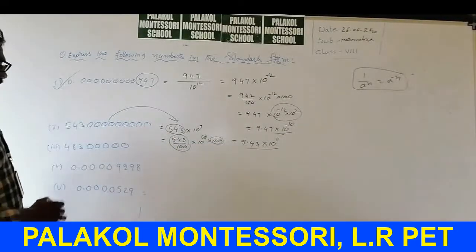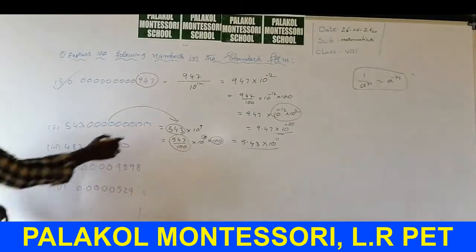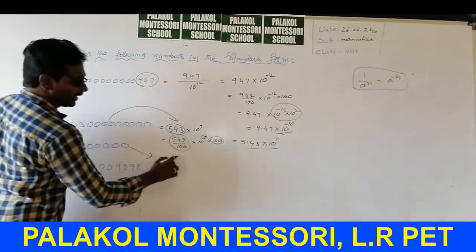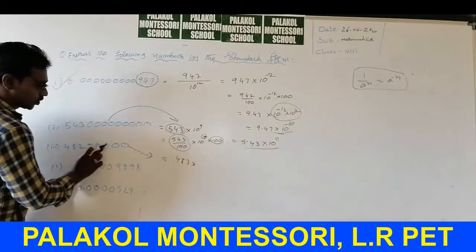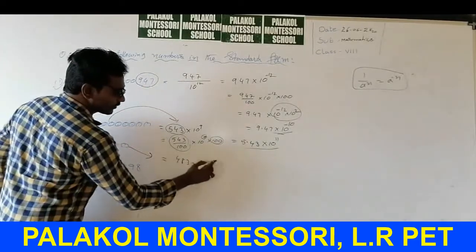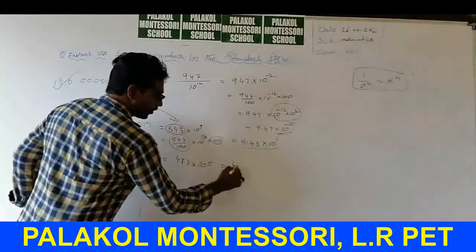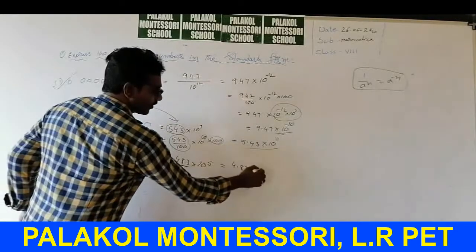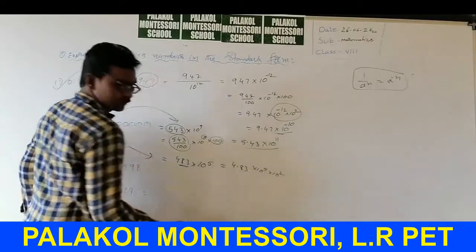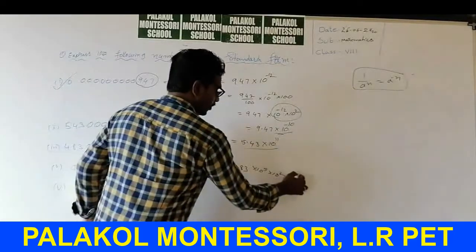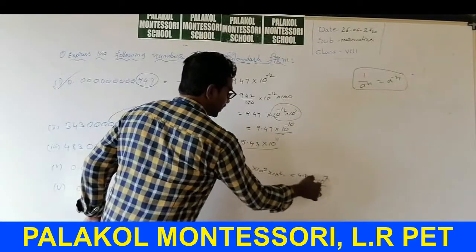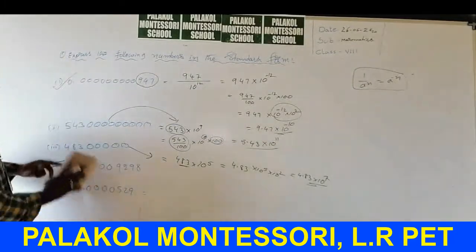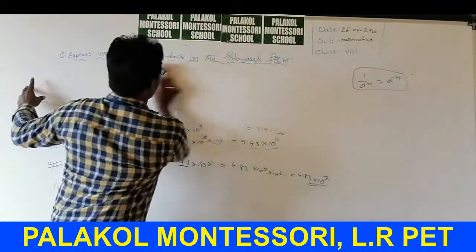Next one, the second one is over. Same method for this one. Check it. This answer is 483. Okay. 1, 2, 3, 4, 5, so 10 power of 5. Next you write 4.83. So 10 power of 5 into 10 power of 2. Directly do that, so 4.83 into 10 power of 7. Wait. Come to this part. I do these two sums only. I do one sum. The other one is homework.